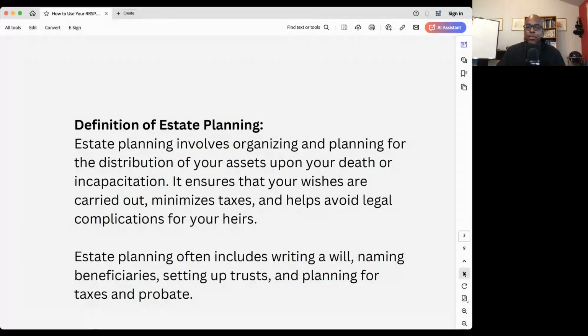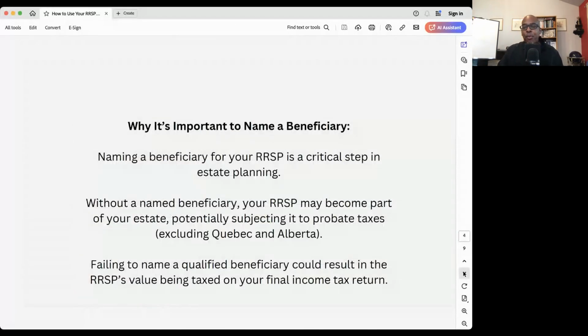Now, let's talk about naming the beneficiaries, because that's going to be an important part of what we talk about today. So, if you have an RSP, you might say, well, should I name a beneficiary? Well, I think it's an integral part of the estate planning process. And it's something that you should consider even if you're young now with an RSP, because you just never know what may happen. Without naming a beneficiary, your RSP becomes part of your estate, potentially subjecting it to probate